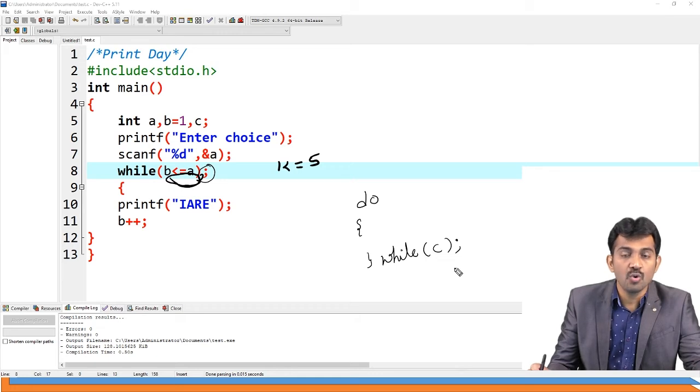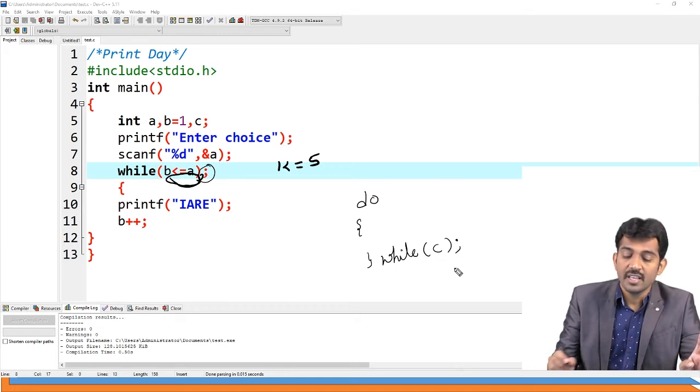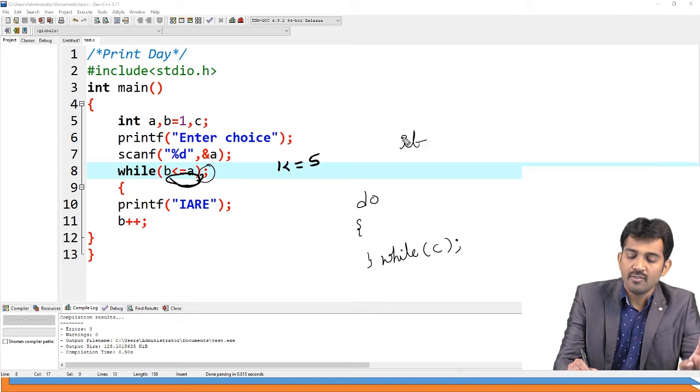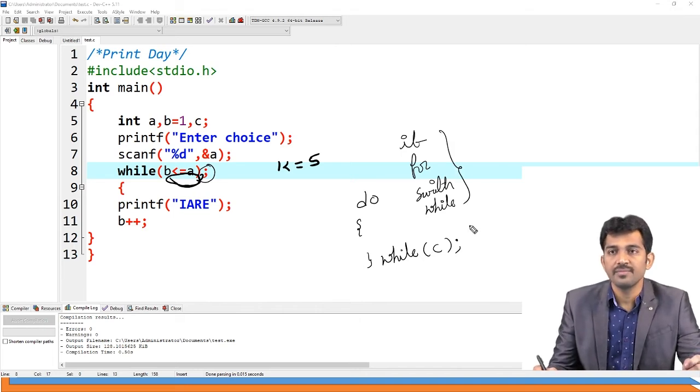Is this clear? So don't use a semicolon for if, for, switch and while. Right? Is this clear? Okay.